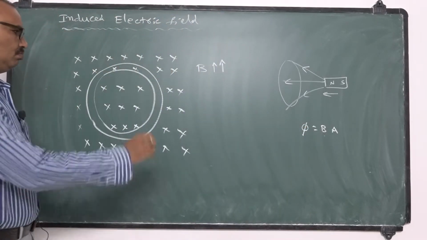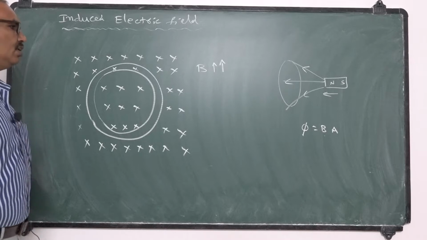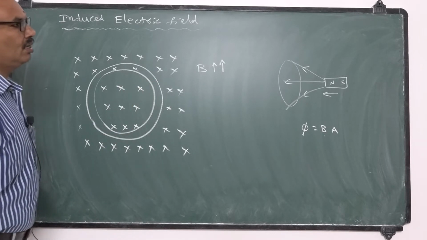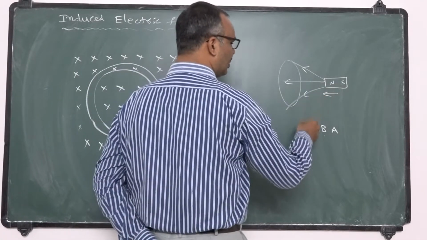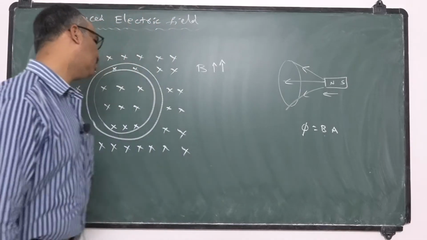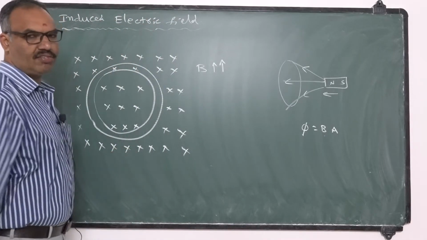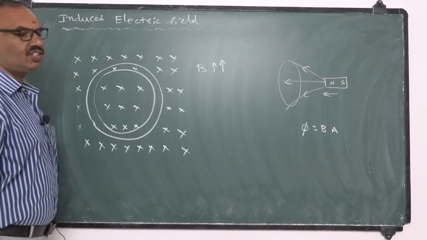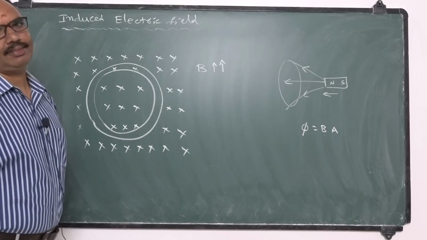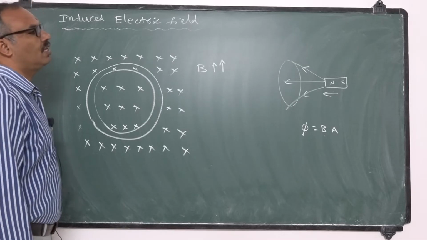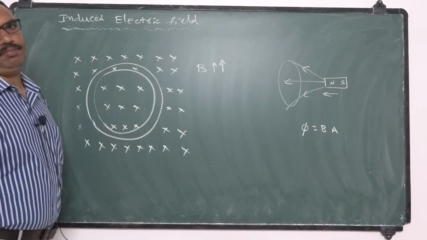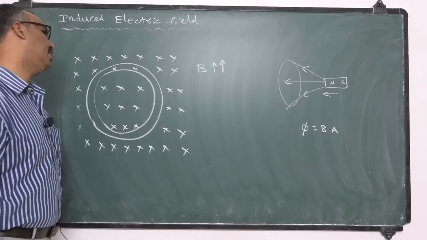Both are a little bit different from one another, whatever the case. Here, by bringing the magnet, you are increasing the flux, and the strength of the field gets increased. Even in the case of a uniform magnetic field, if you increase the strength of the magnetic pole, the B value gets increased. In order to oppose the increment in B, an opposite induced magnetic field should get developed here.